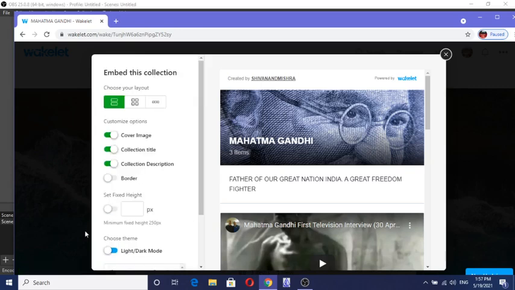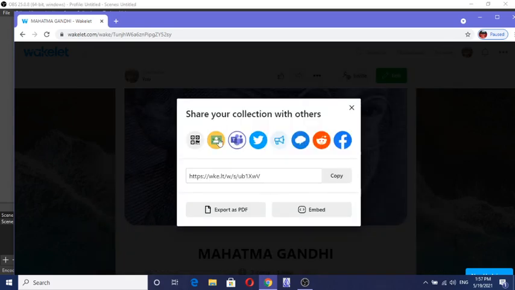Hence we get the option of embedding, we get the option of PDF, we get the option of copy link, and directly you may share all this link, your collection, on these platforms.